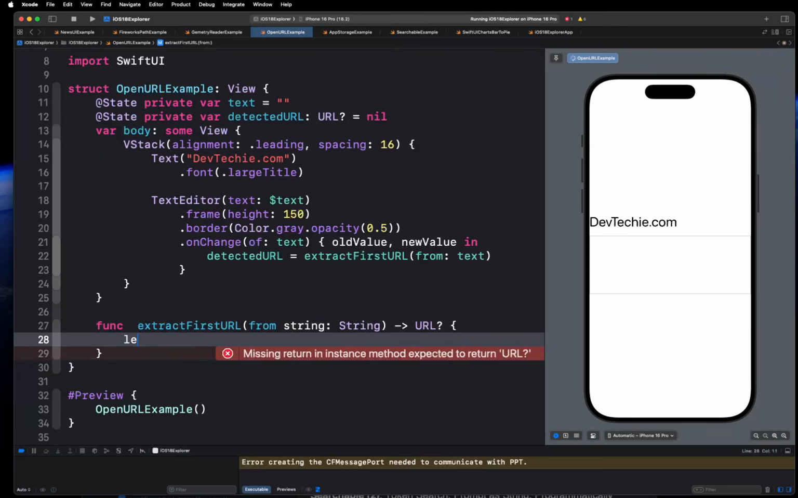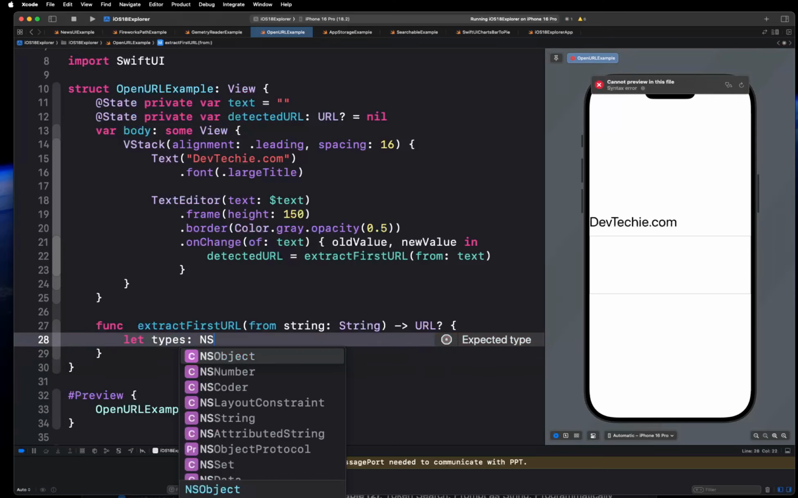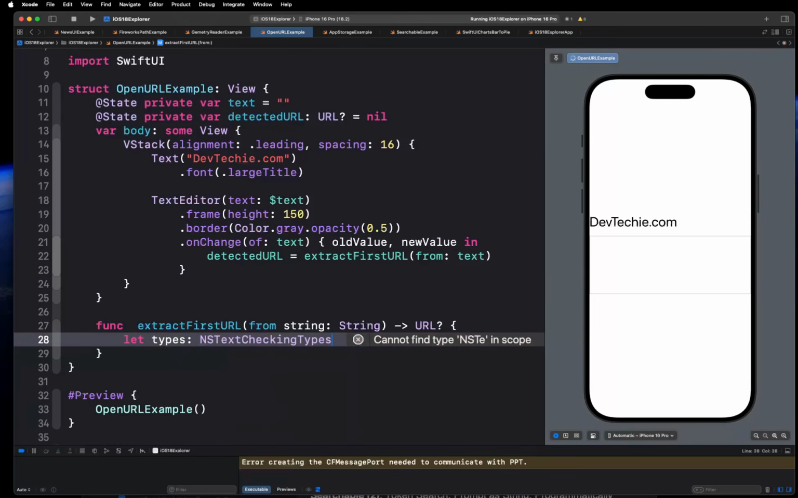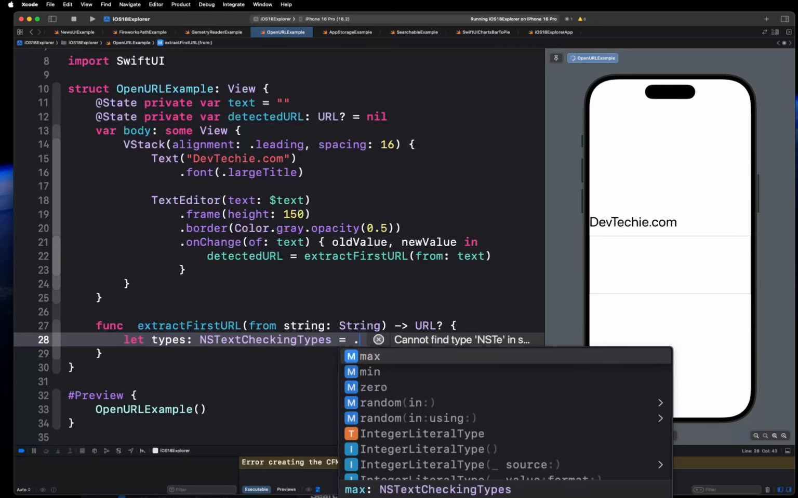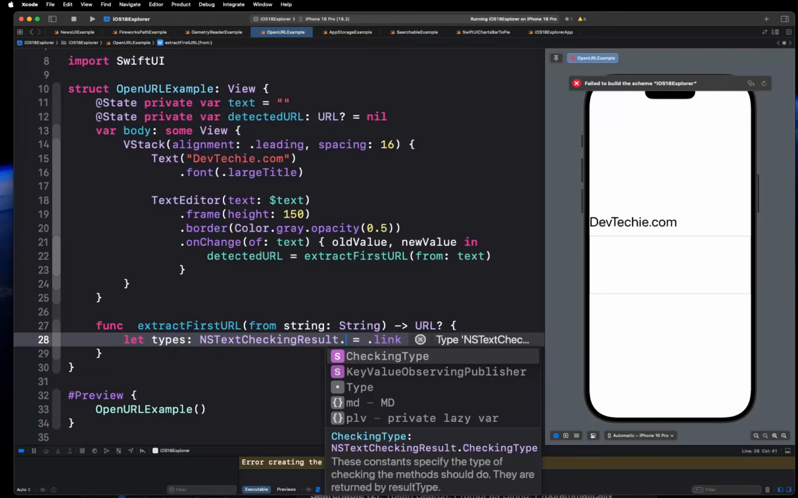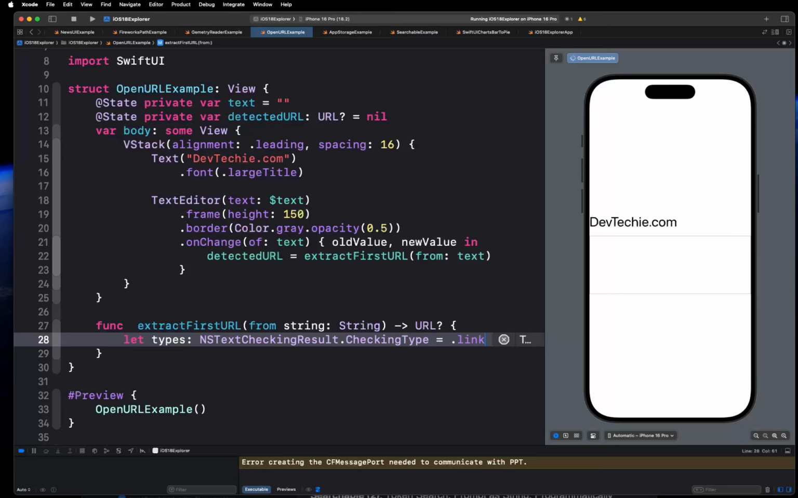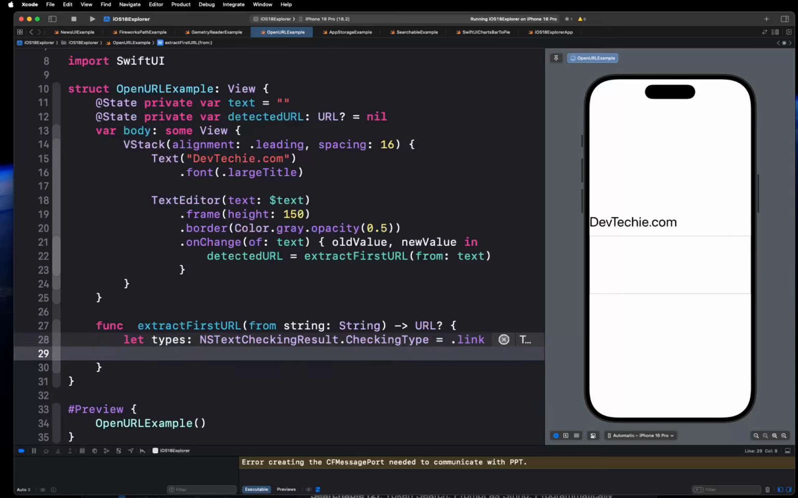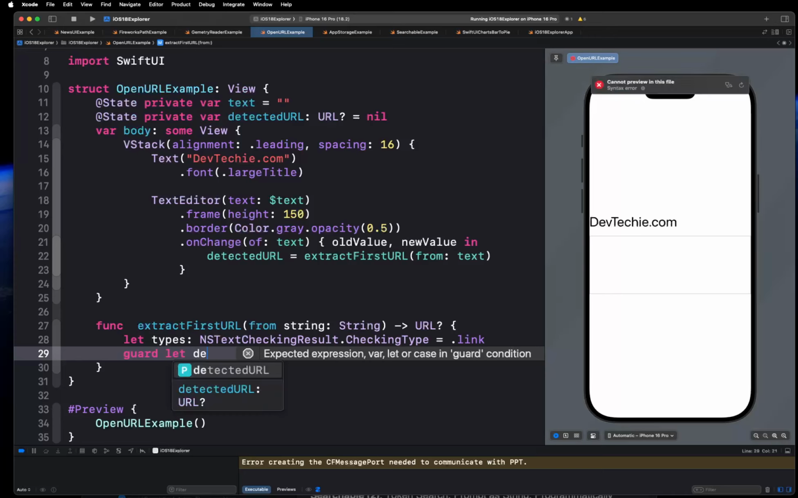Okay, now let's go ahead and detect types. The types that we are actually going to be checking for are going to be NSTextCheckingResult.CheckingType, and we are looking for link. There we go. And we are looking for link. Okay, so we're going to put a guard statement. So guard let detector,